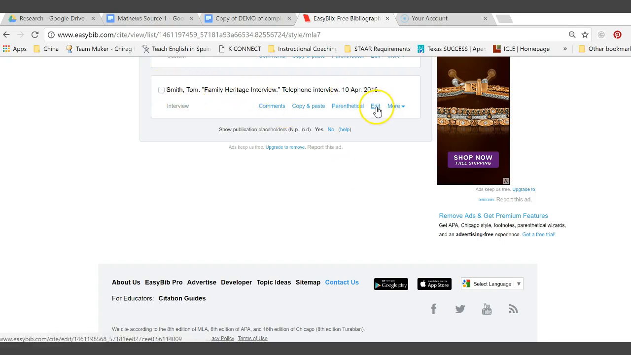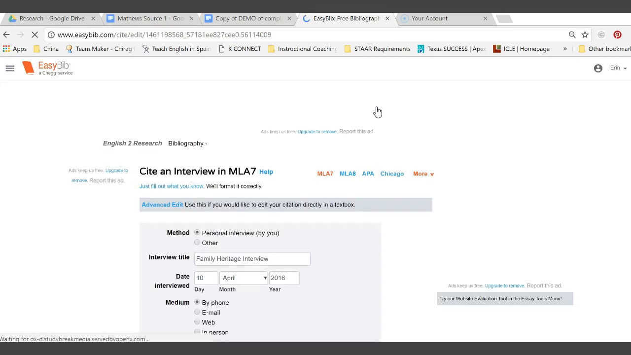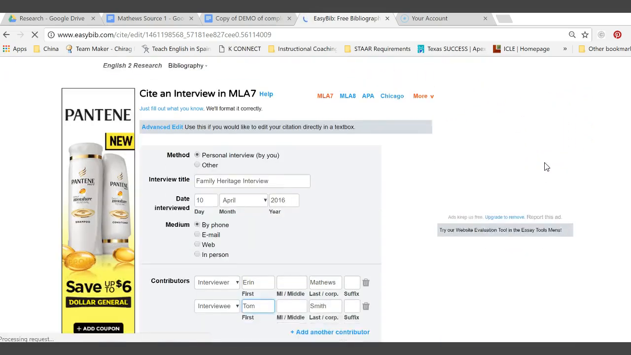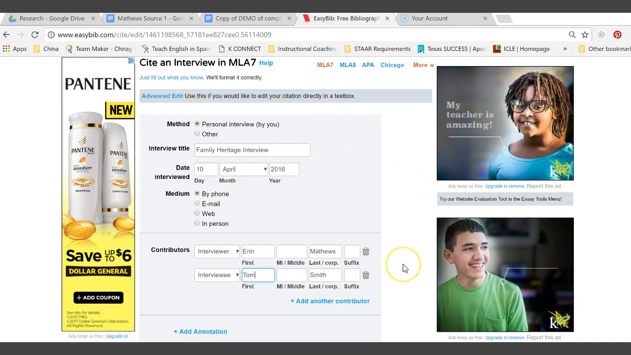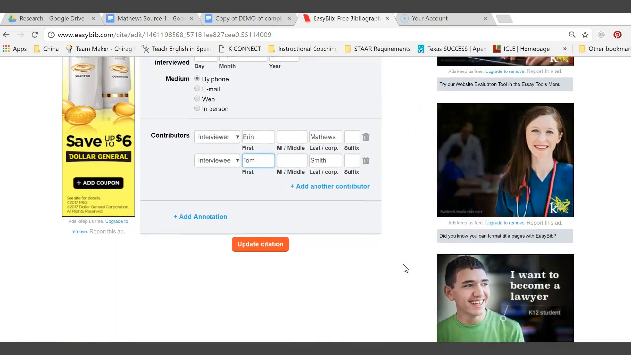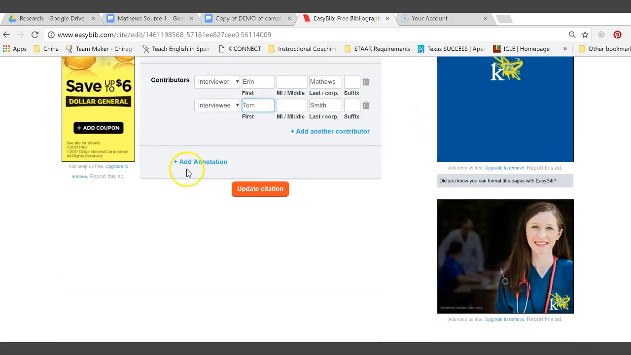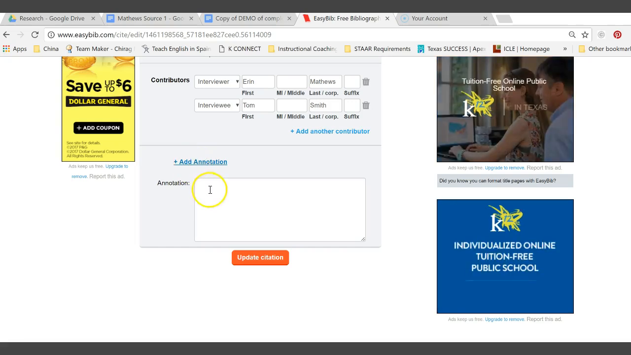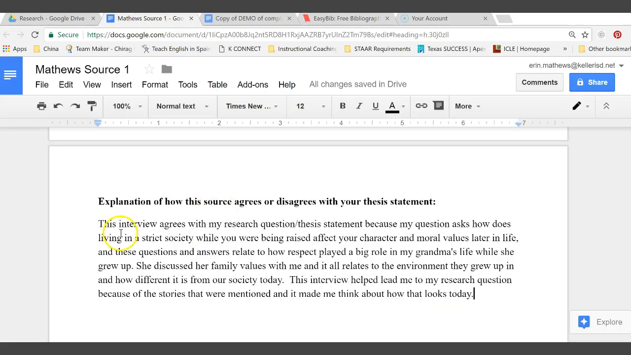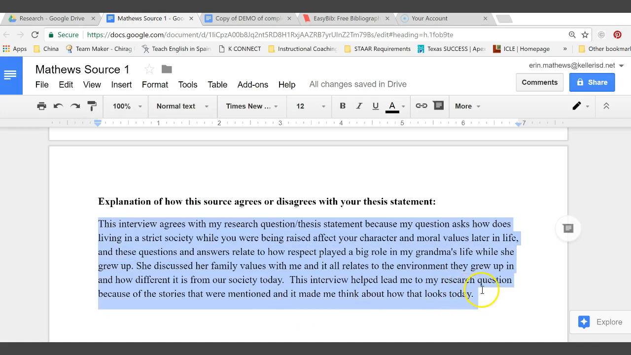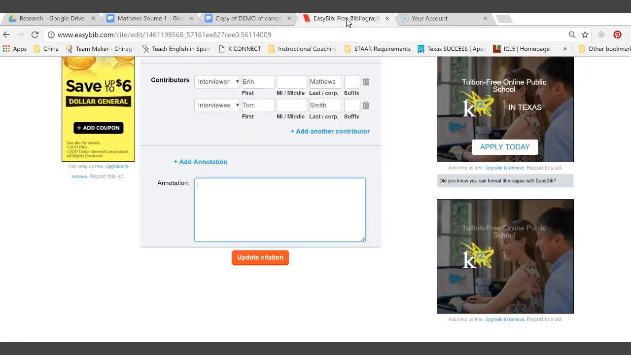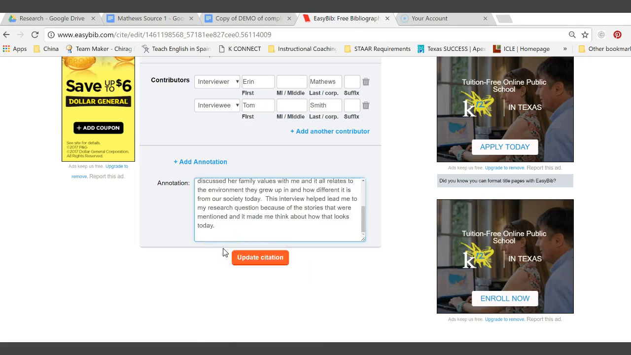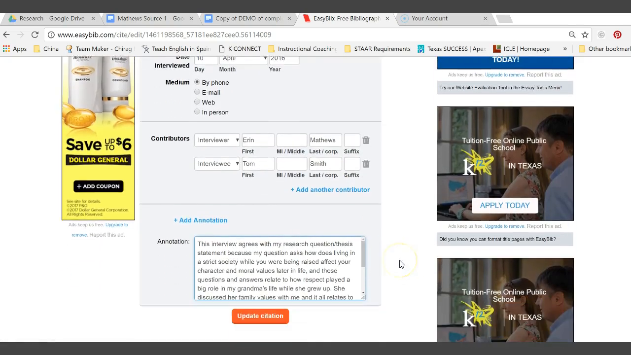So to keep going, I'm going to start with my interview. I have my family interview and I'm going to click edit. From this, it's going to pull up the citation that I entered for that interview that I did with a family member. The next thing I'm going to do is click add annotation. That box pops up, and this is where I go to source 1, the one that we did together. I'm going to highlight my explanation that I wrote at the bottom that follows that C method, copy that, and go back over to my EasyBib tab. Then I'm going to paste that text into the box here, so that now my citation